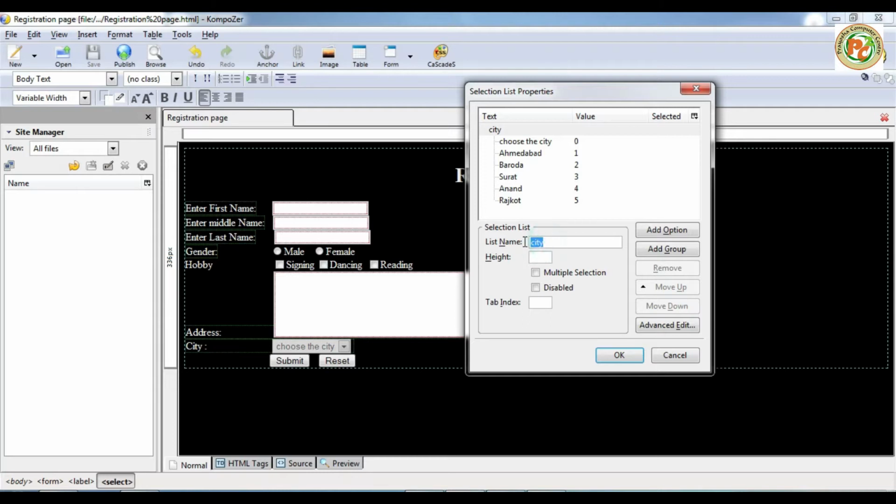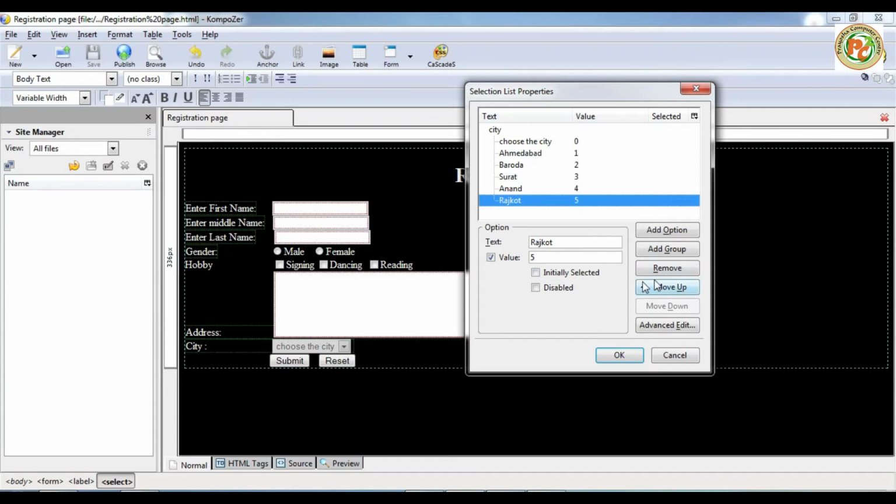Type here the text, choose city, and the value you can type here is 0. Similarly for 1, you can see here, then 2, 3, 4 and 5. Got it? So it will be at the 0 position, and this will be 1, 2, 3, 4 and 5. So this is called the group: inside the city, different values are there, 0, 1, 2, 3, 4 and 5.